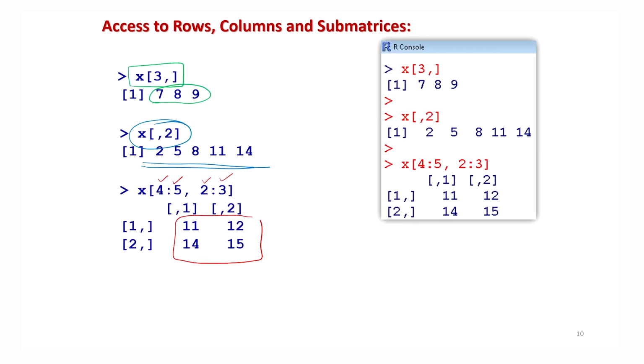I can restate the same question here. This is my third row and this is my second column. And suppose I hide this information, and I ask you that this is given as 7, 8, 9, can you identify whether this is a row or a column? No.